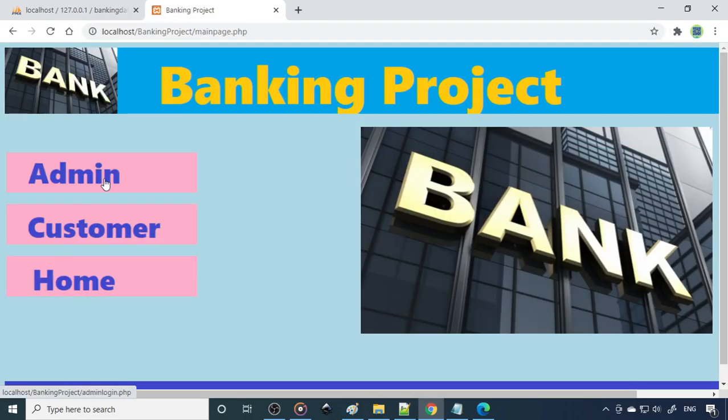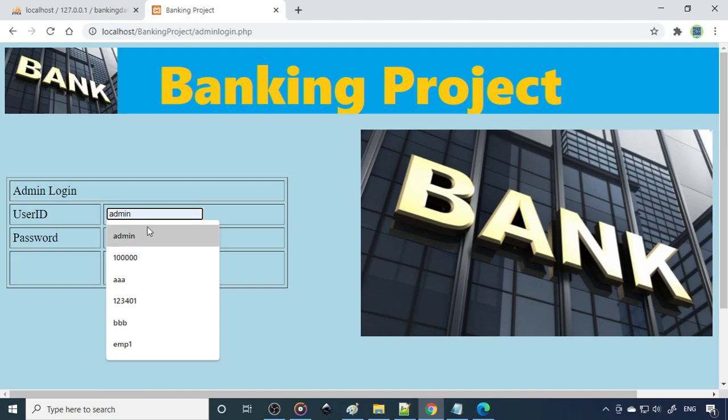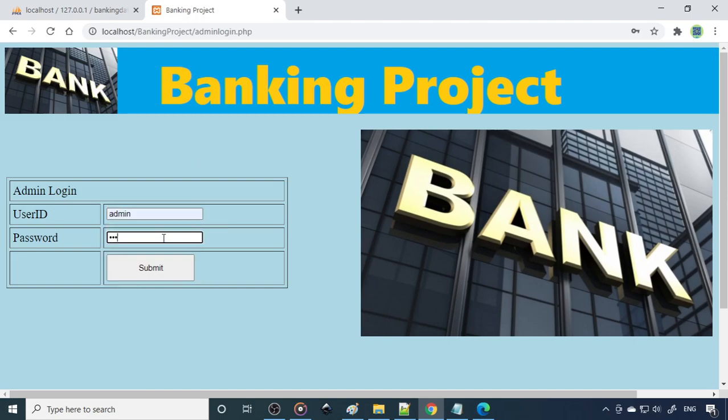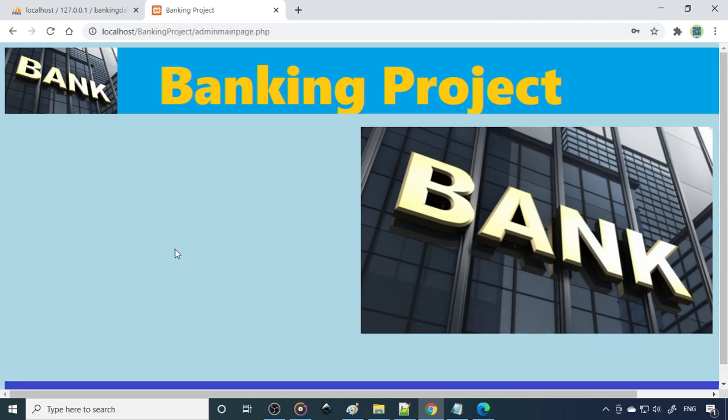So click next, you can see admin. Here we need to log in. This is admin, then admin. When you click submit, it'll come over here. Now we need to provide the links here, and we can change this picture or take it out. Let us take out this picture and then provide the options. What are the options required for the admin main page that we can provide?